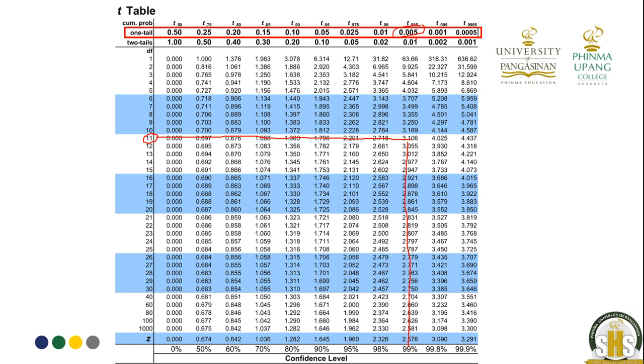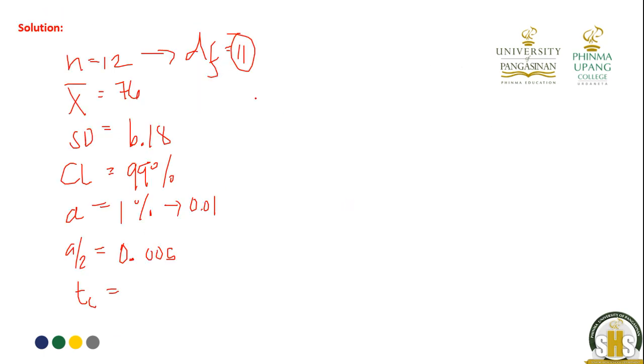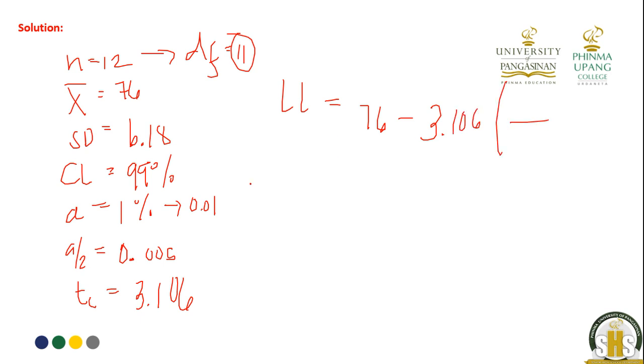Yung one tail 0.01, yung ating two tail 0.005, sabi nyo kanina, ibig sabihin mag-meet sila sa 3.106. So this is 3.106. Let's solve LL. X bar is 76 minus the critical value ng T distribution, that is 3.106 multiplied by